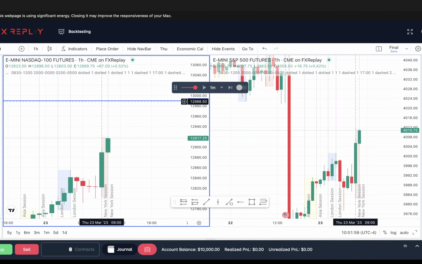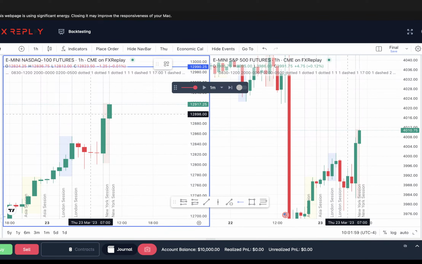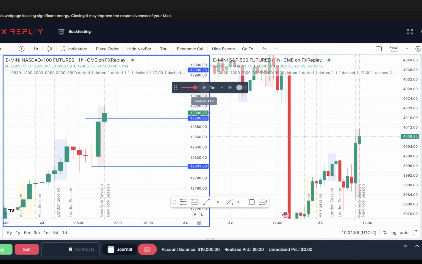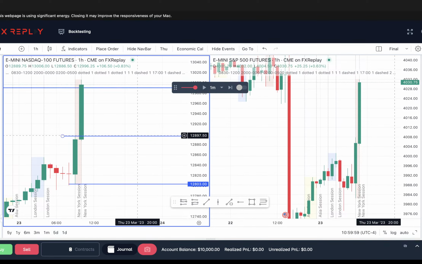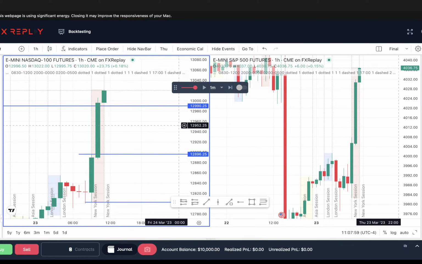I only mark that liquidity point in case it wants to go all the way up there in reverse. But technically, you're just looking for it to come back down into this range for you to take it to the other side. And that would have been a day where you just didn't trade. And this is why I don't trade this strategy, because